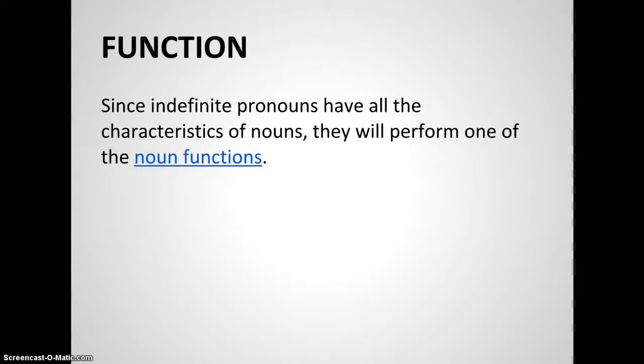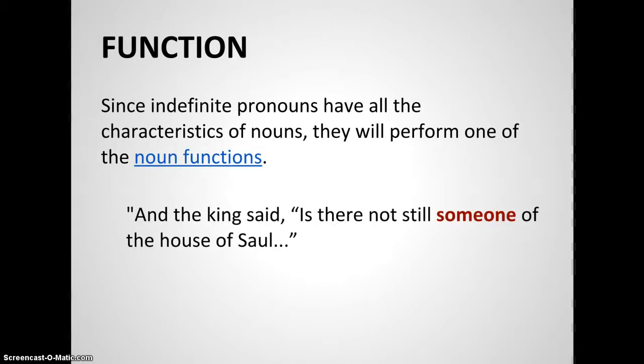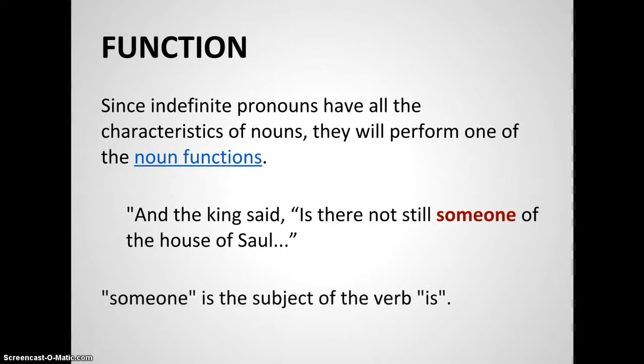In context. And in context, you'll notice that these pronouns have a noun function. In other words, they're used as a subject, an object, or a predicate nominative. Notice this one. And the king said, "Is there not still someone of the house of Saul?" Notice Saul, who is speaking here, doesn't know. He's asking a question. Is there someone? And that's why we call this an indefinite pronoun, because it's not making any definite or specific reference to any